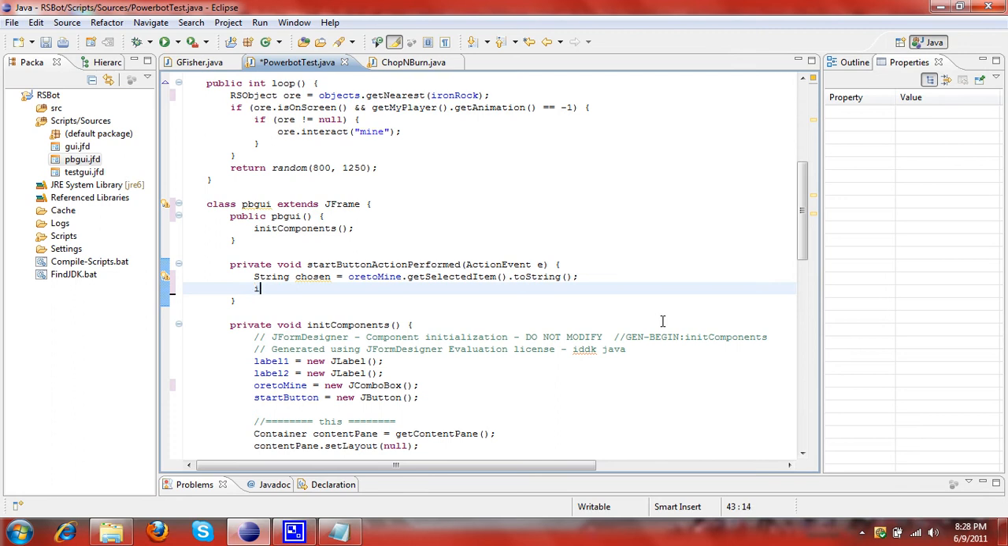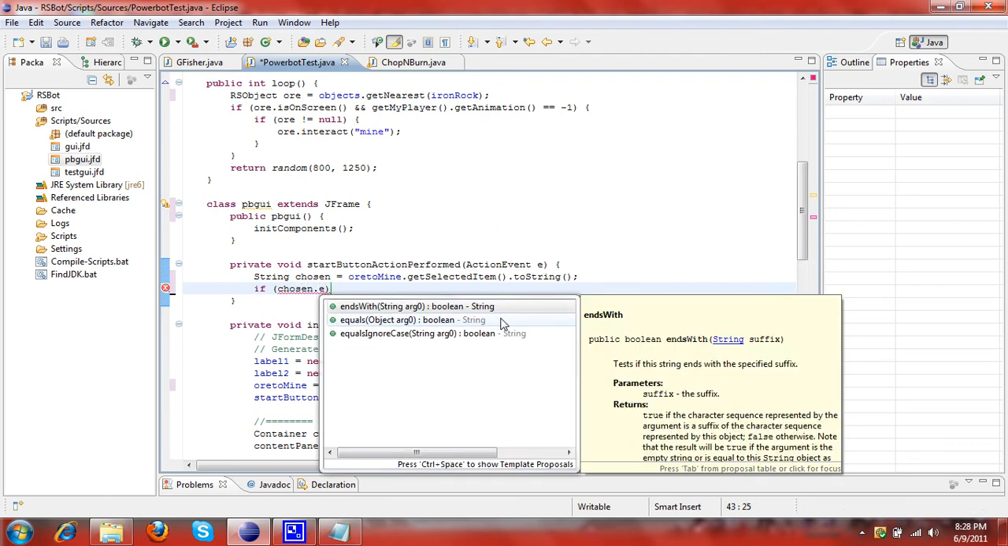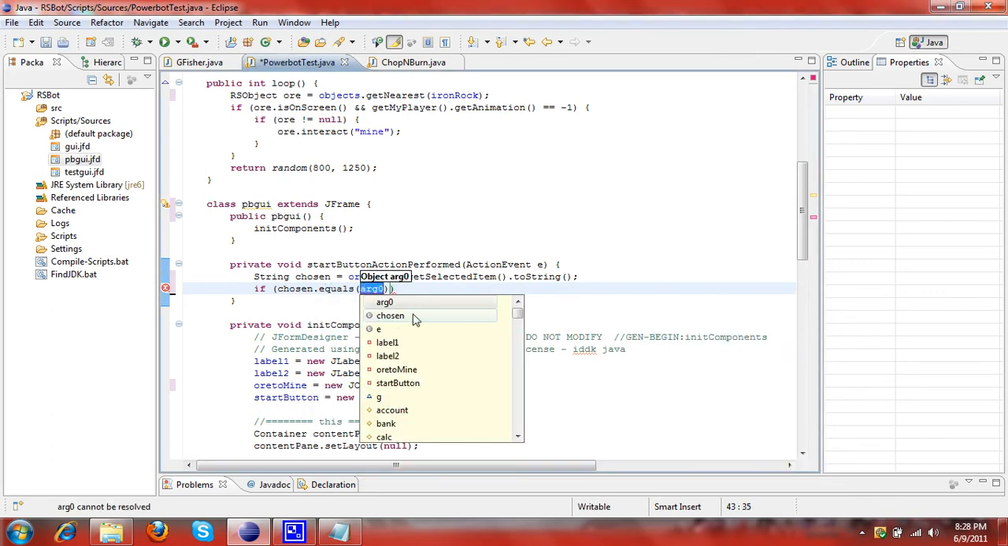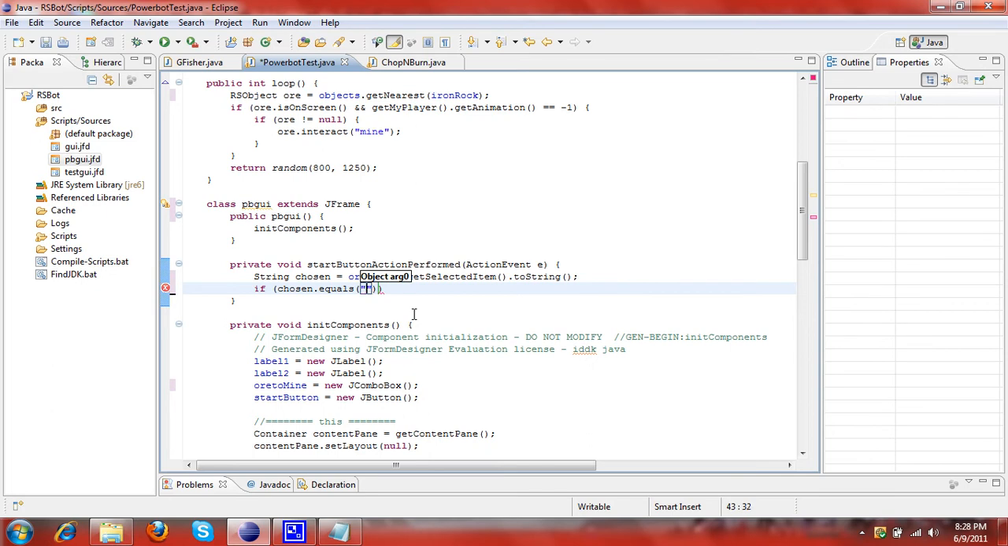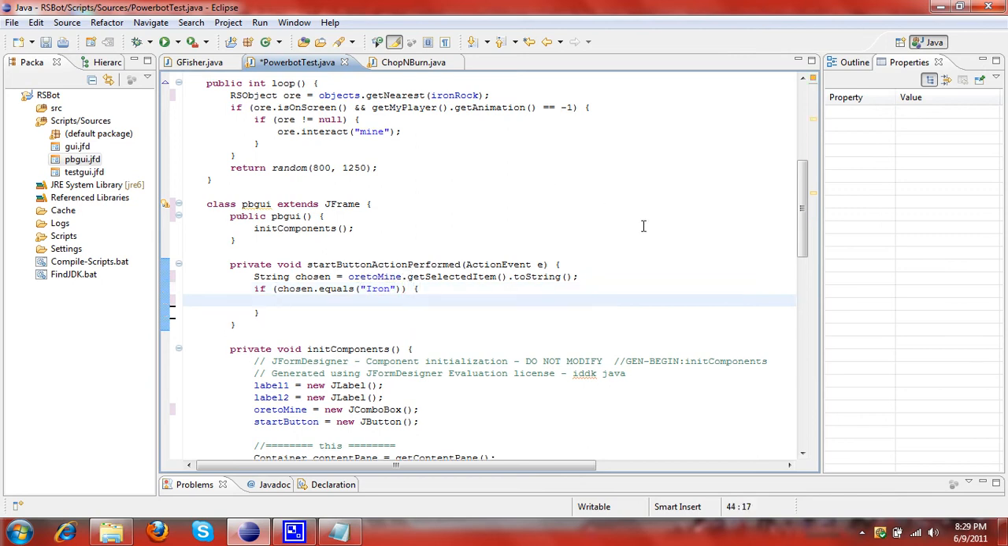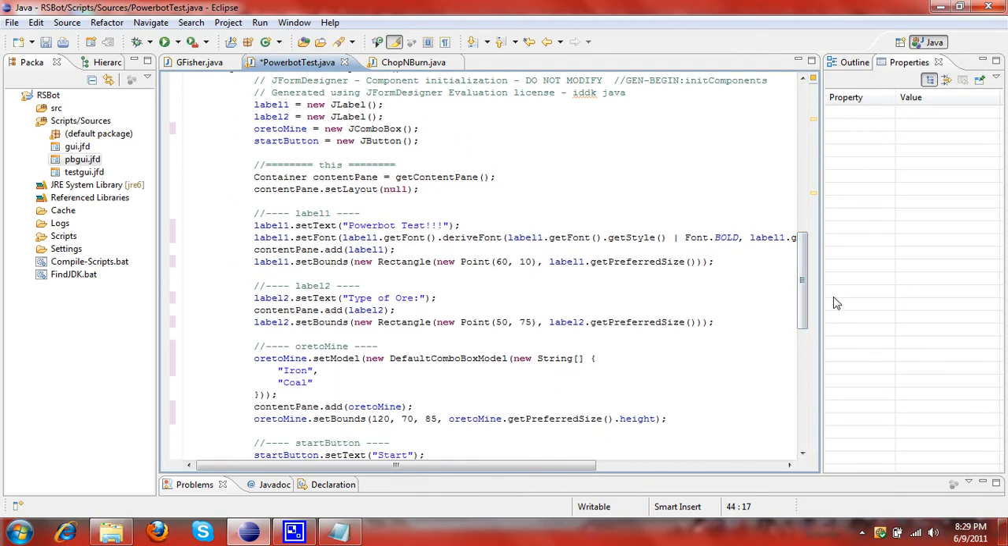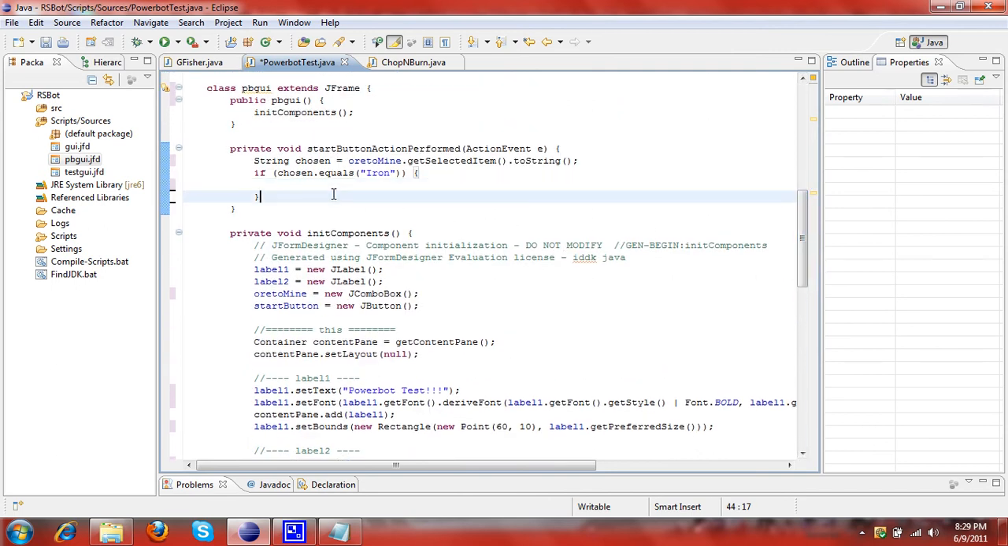I don't really care. But then after you got that, you do if chosen dot equals, and then we want to make that a string, and then make sure you type this exactly as you made it in your GUI. And if you want to, just to be sure, you can scroll down in your GUI a little bit and see where you typed it right there. So yeah, and then on the second curly bracket do else if, then we're going to do the same thing as we just did above,